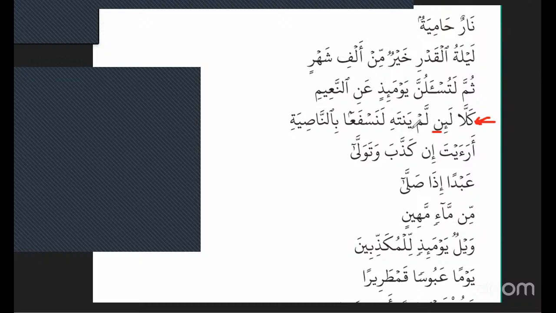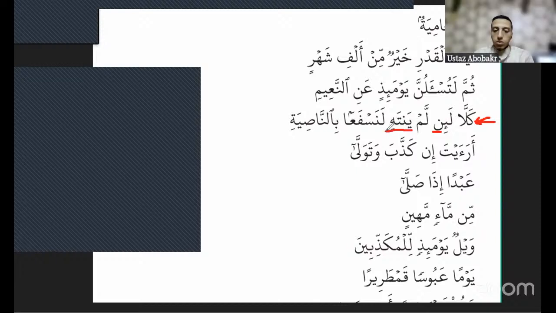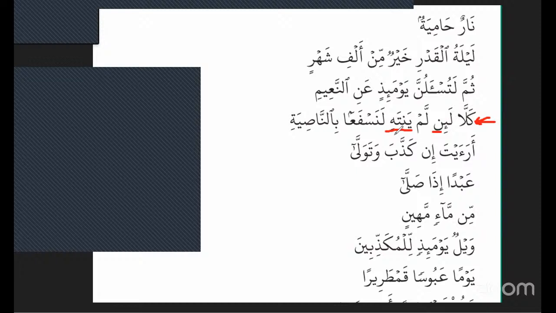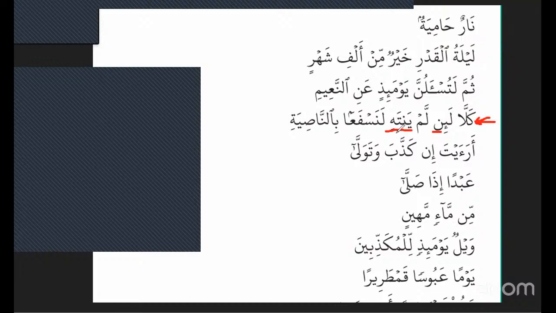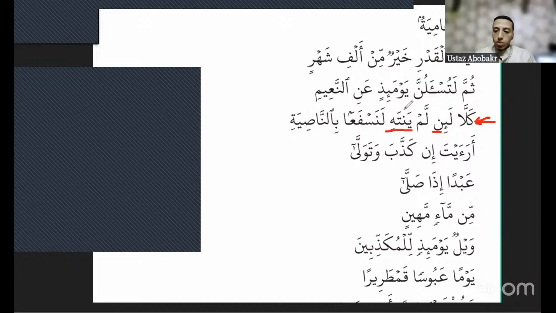Okay. We have another noon sakina here. If you look at this word, can you read it? ينتهي. Yeah. So we have noon sakina, it's followed by ta. This is ikhfa. So we're gonna hide this noon we have here. So we're gonna say yantahi. ينتهي. Yes. We're gonna make a ghunna. So we're gonna stretch the sound of the noon itself. It will be yantahi. Please try this.